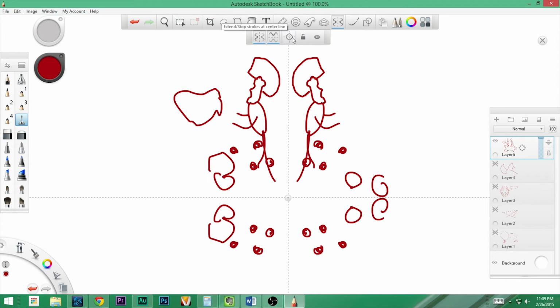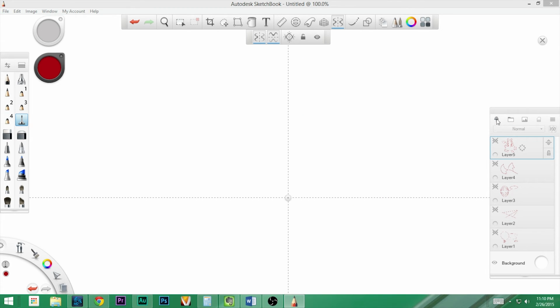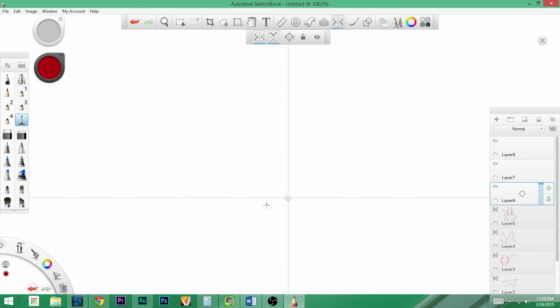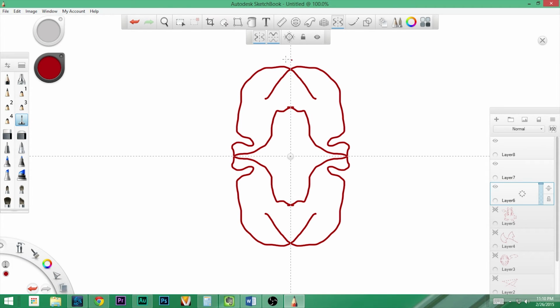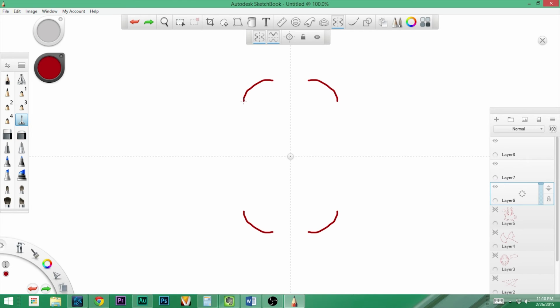Now, this next one extends or stops the strokes at the center line. Let me add a new layer so you can see it a little better. Oh, whoa, I just made 800 layers. So right now, I'm going to turn extensions on. So now when I cross over, it continues to cross over like that. If I were to come up here and turn the extend stroke off, what you'll see instead